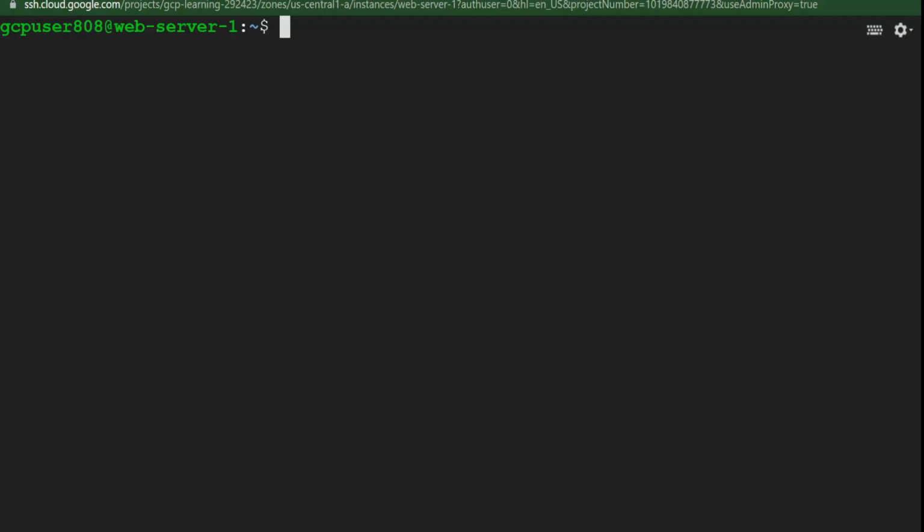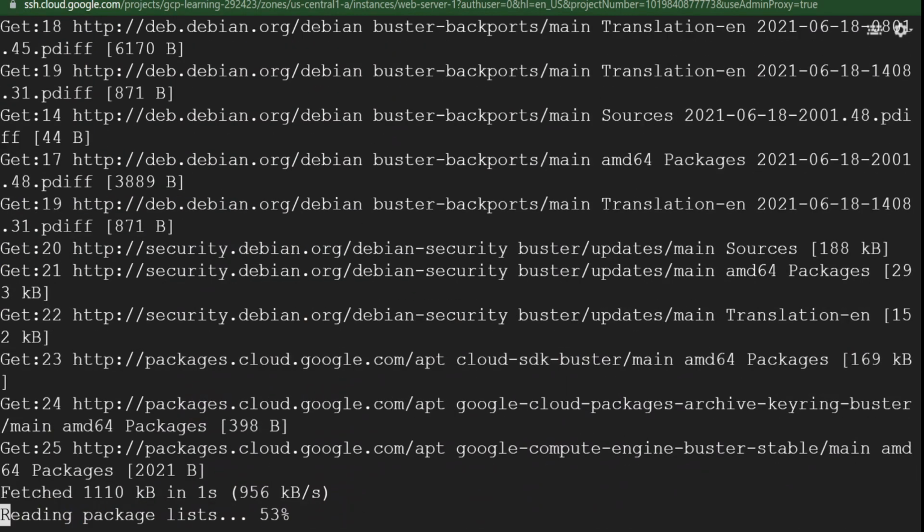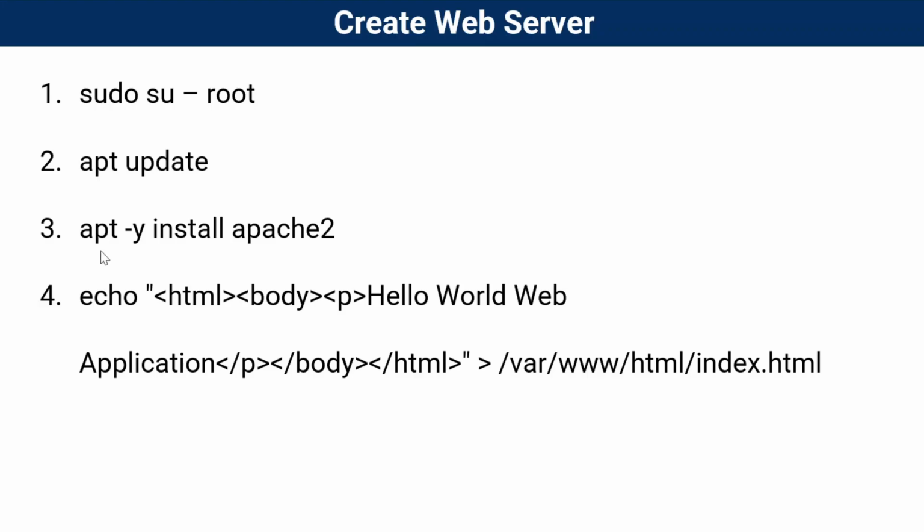Now first let's get the root access to execute any other command. Next, update the existing software package. Now we will install the Apache web server inside this VM by using this apt install command.